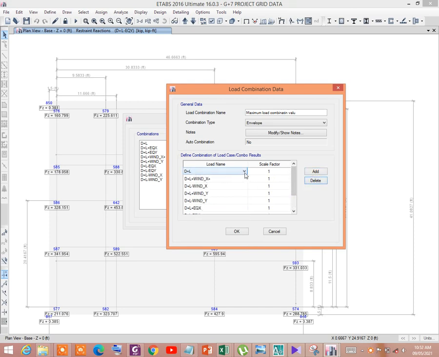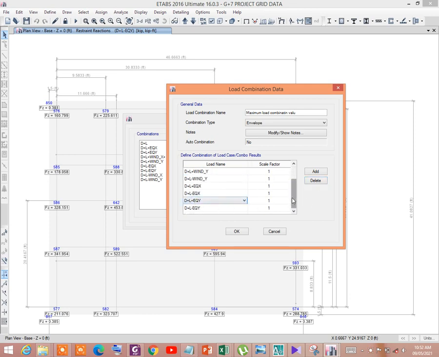Just add all the load combinations you have defined and assign scale factor plus 1.